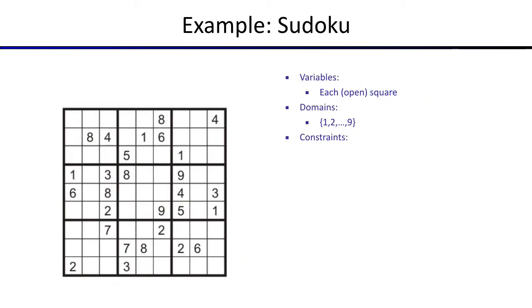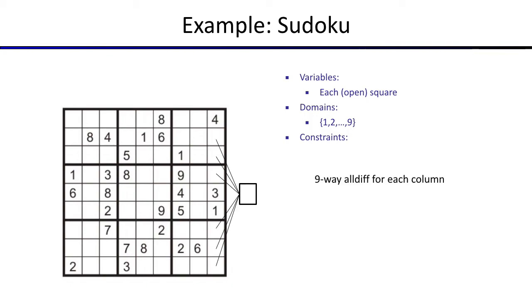Here's another example, probably more familiar. And in fact, if you've done this a lot, you might have already been thinking of this, because the rules to this game are kind of defined the way we define a CSP. In the game Sudoku, for every one of these squares that isn't already filled in, you need to draw a number in it from 1 to 9 so that there are no 2 of the same number in one row, no 2 of the same number in one column, and no 2 of the same number in one 3x3 region. That is a CSP. Variables are the open squares, domains are the numbers 1 through 9, and the constraints,